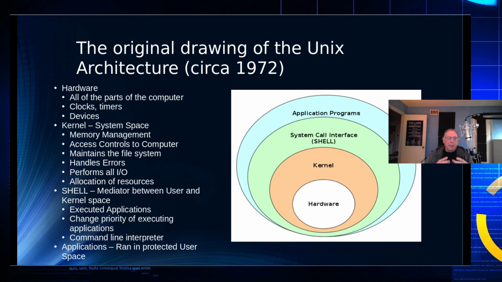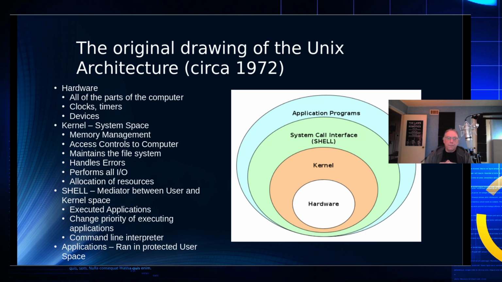And the kernel system did more than just manage the hardware. It also managed the system space in general. It allowed for memory management. It allowed access to the computer. So it controlled the security components of the system. It also maintained the file system. It also handled errors. It also performed all the I/O, and it managed the allocation of resources to the applications